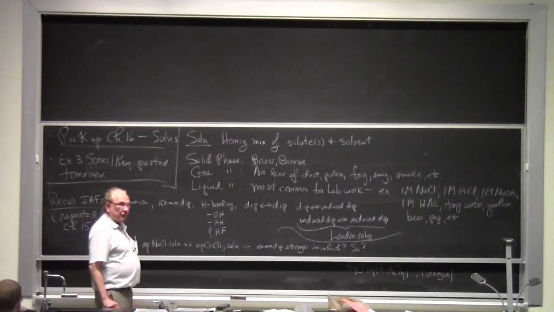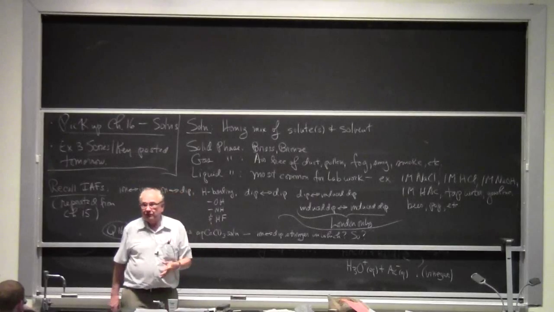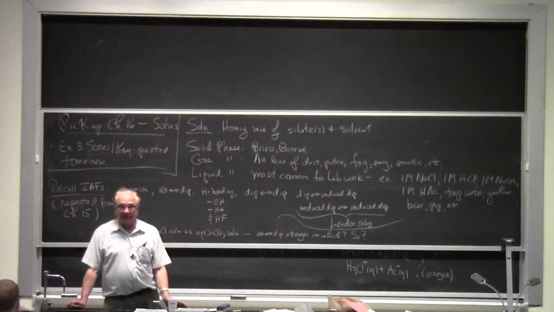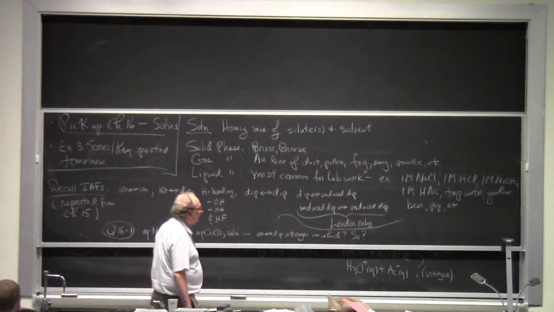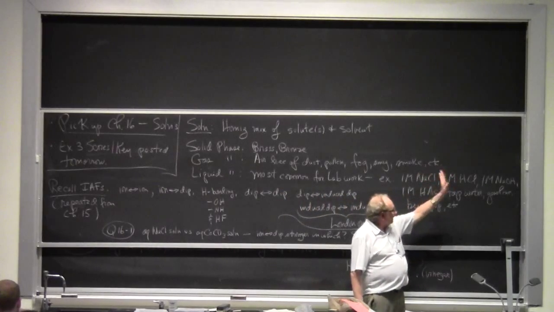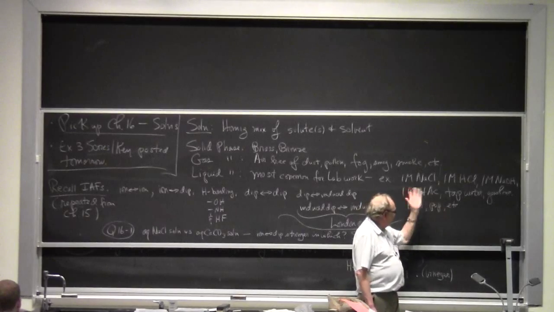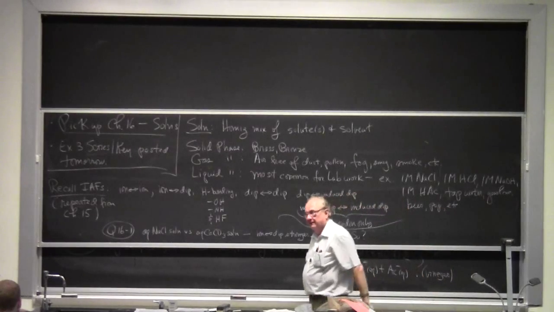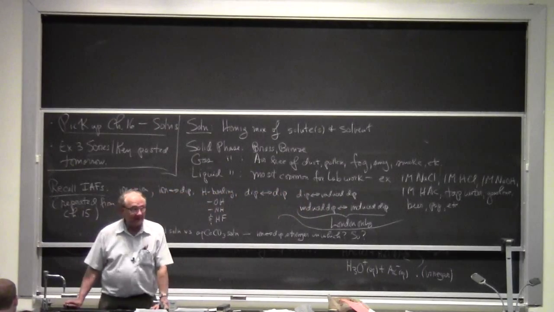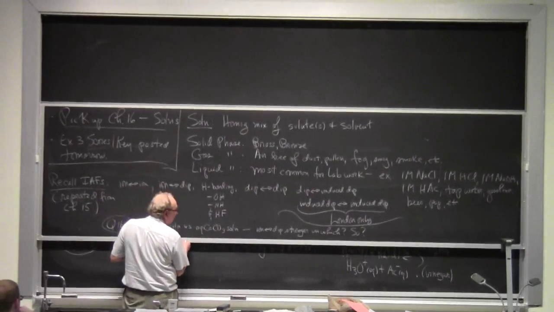But arguably the most important type of solution, at least at this stage of the game, given that these are the solutions with which you deal most commonly in the laboratory, is liquid solutions with liquid solvent. Examples: 1 molar sodium chloride, 1 molar HCl, 1 molar sodium hydroxide, 1 molar acetic acid, tap water, gasoline, beer. We could make a list that's endless, but that's not of consequence. Now, of far greater consequence